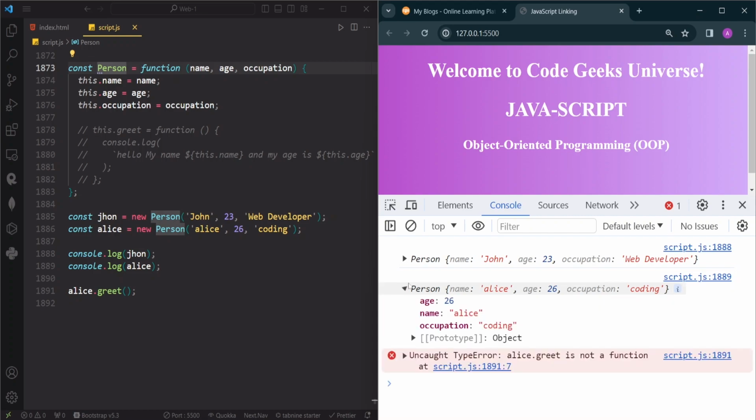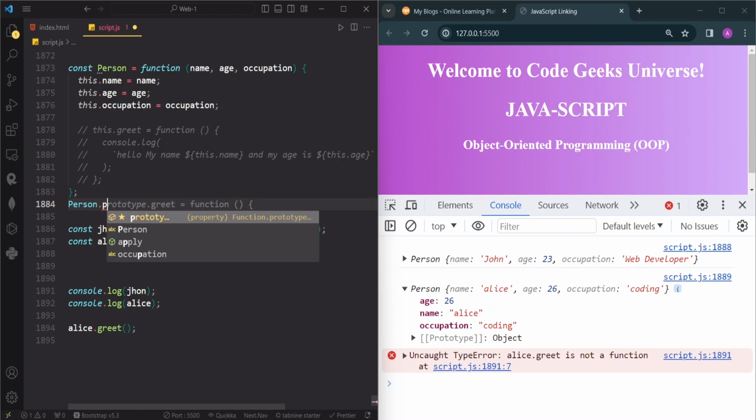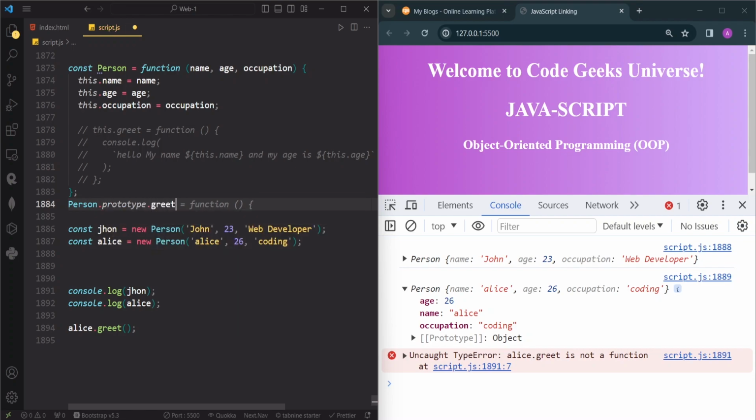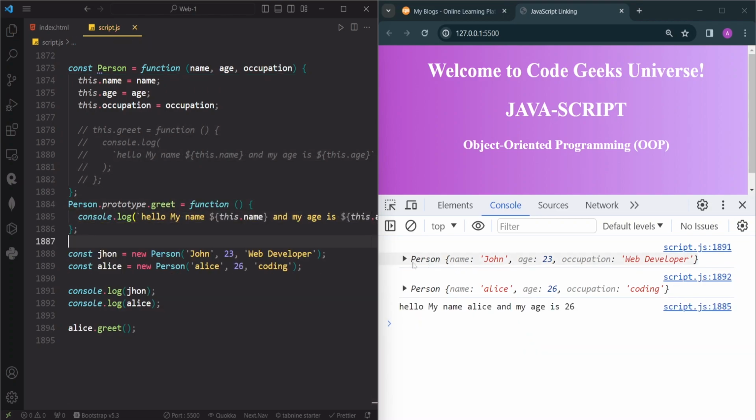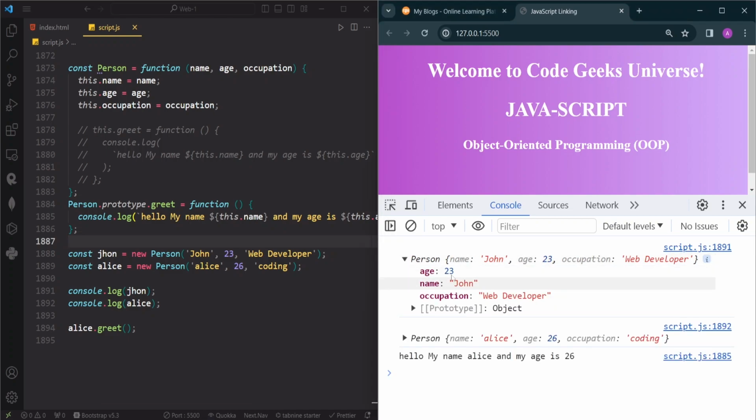Now to add our method inside of this prototype, we can write Person.prototype.greet, which is the method that we want to add, and then we can simply copy this function from here and paste this here, like this. And now if we take a look at these objects, you can see the greet method is